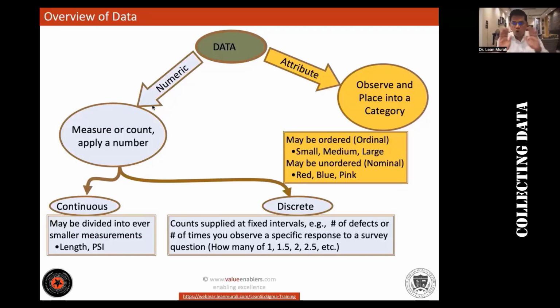Okay, now, is there any order in these flavors? Can you put these flavors in any order? No. You cannot put it in any order, right? And this is called nominal data. This is unordered. Which color do you like? Put it in the chat box. Red, black, blue. There is no order to these colors. We might choose to arrange them in alphabetical order, but there is no logical order to these colors, right? So if this is clear, give me a 9 or 10 if it is super clear.